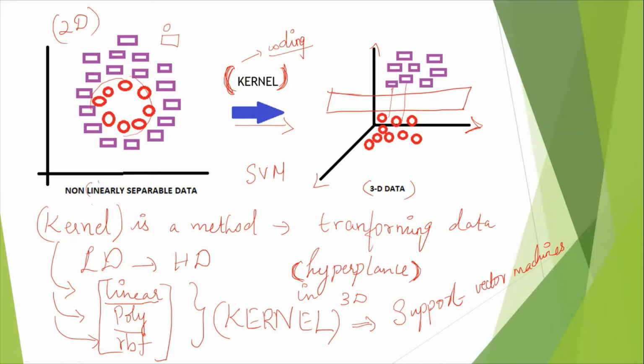So how do we make this kernel? Is there a coding to it? Yeah, one more thing I would like to tell you. Yeah, there is a coding. If you go to sklearn, if you call SVM classifier, in between the brackets you have to write kernel and you have to write the name of the kernel. Suppose I'm writing linear. If you write it, it will change from two-dimensional or lower dimensional to higher dimensional. So this is the coding that we use.